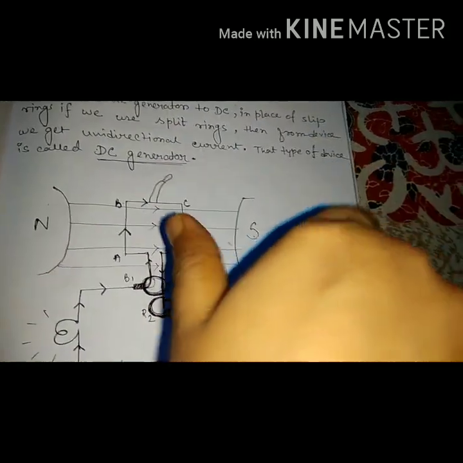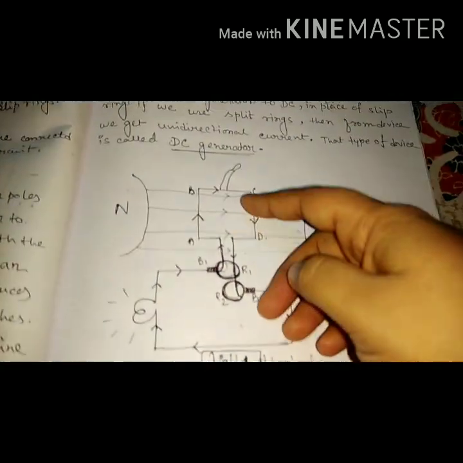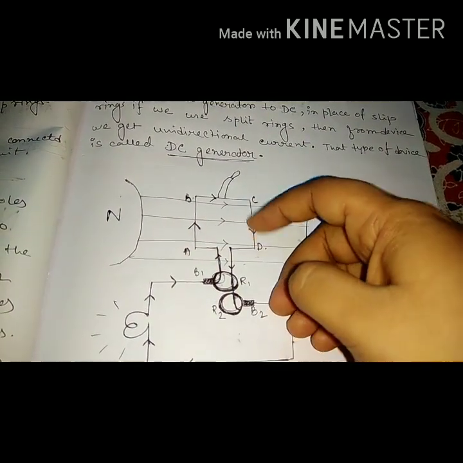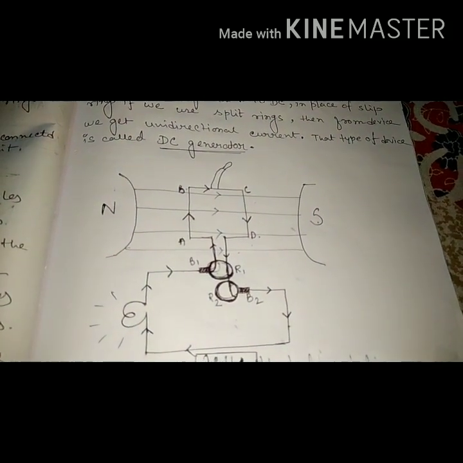Now in case of the CD arm, if we apply Fleming's right hand rule, CD moves in the downward direction, and the forefinger represents the magnetic field. So the middle finger, this way, this is an inward force. So the current goes C to D, that means out from the coil, C to D, understand? So A to B and C to D, this way the current will be induced.